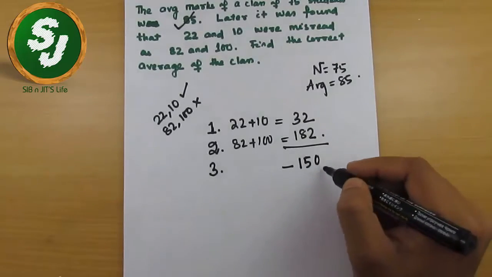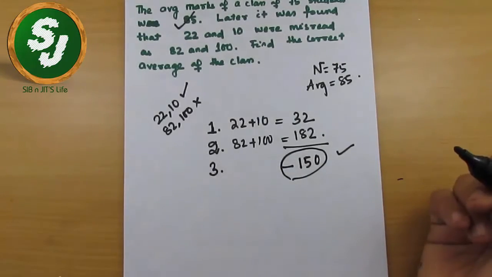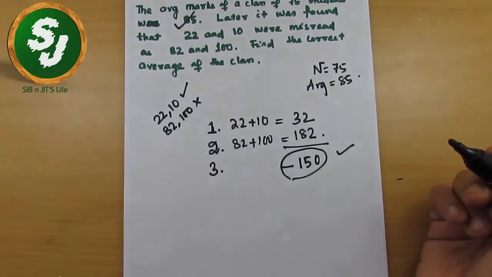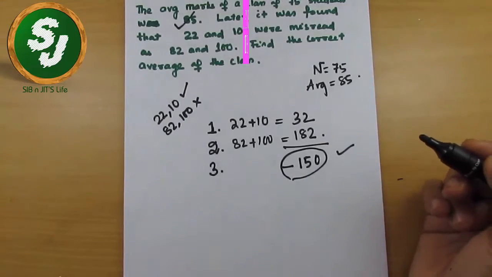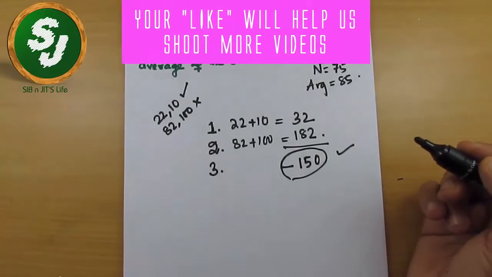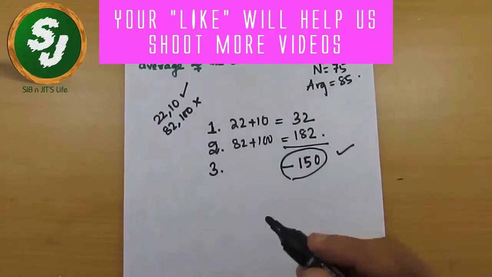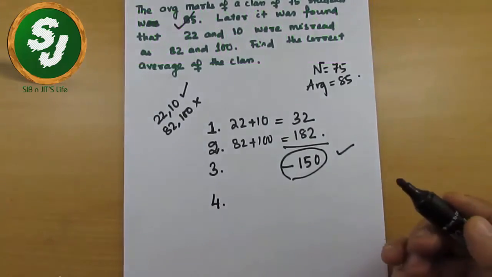So here is the point. You can get the subtracted result as minus 150, and a minus number is also allowed. Do not worry, do not panic about it. The process remains the same irrespective of whether the subtraction result is positive or negative. Just move on exactly in the same way, whatever the situation is.